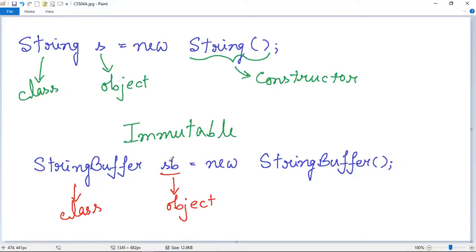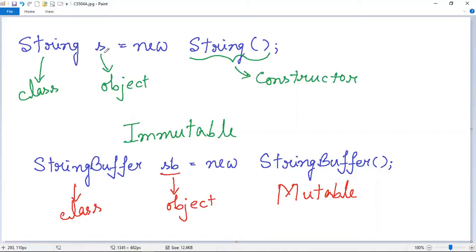Here you can easily change the contents of the object sb, which is a string buffer type object. As you can change its contents later, that's why it is known as a mutable string object. So this object is mutable in nature, whereas this object is immutable in nature.